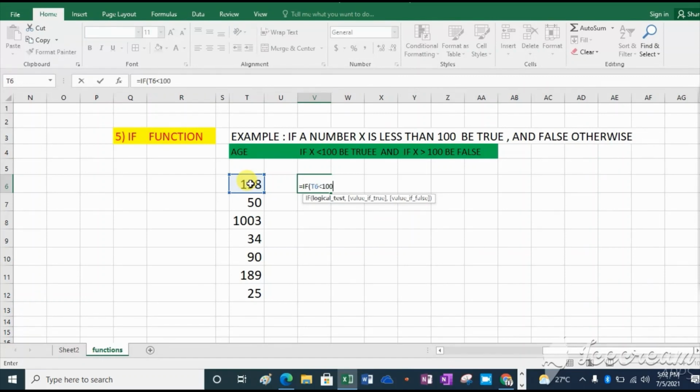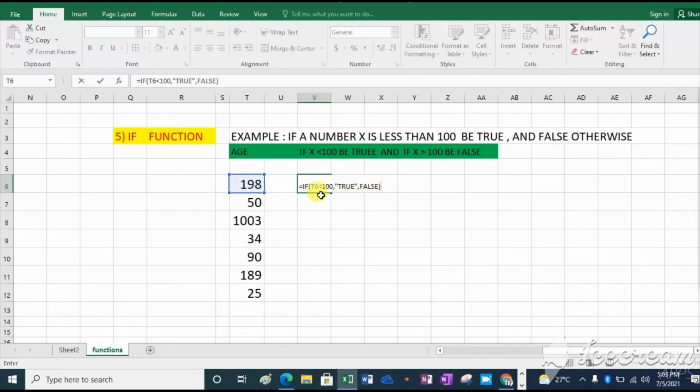Less than 100, comma, then in quotation marks, true, also closed with a quotation mark, comma, then false otherwise. You write false, then you close your bracket, then click enter.